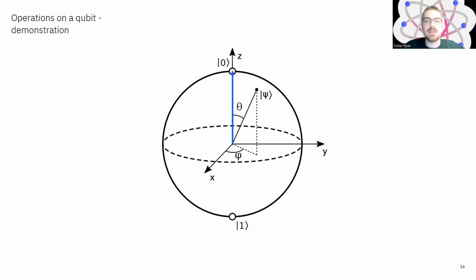We would have the 0 vector, and if we perform the X gate, for instance, we would be doing a classical bit flip and flipping it to the 1 state. Or if we want to do something more quantum mechanical like we did before with the Hadamard gate, we would flip it to the x-axis of this sphere, where it is halfway between 0 and 1, representing that 50-50 probability of measuring either of our two classical outcomes.